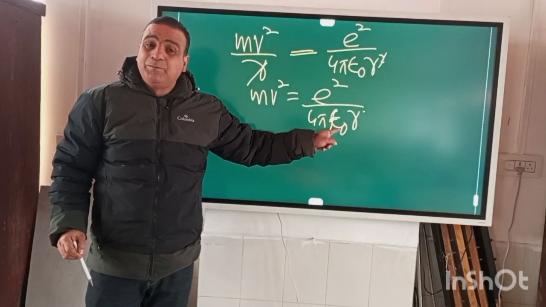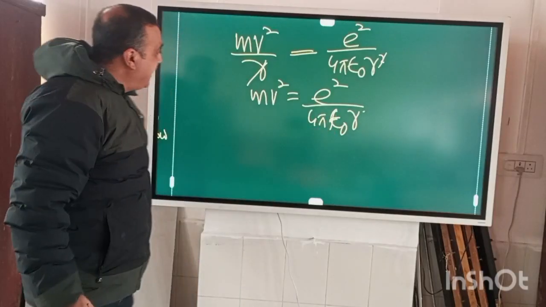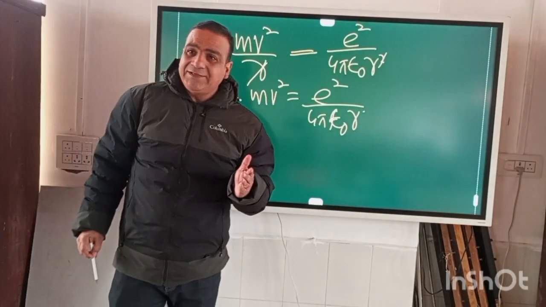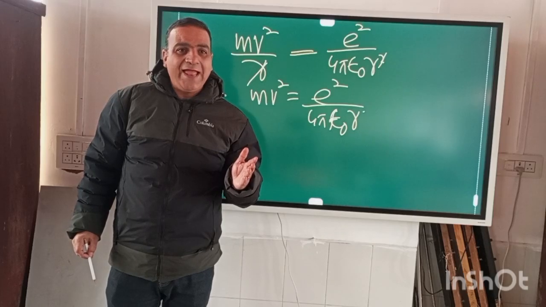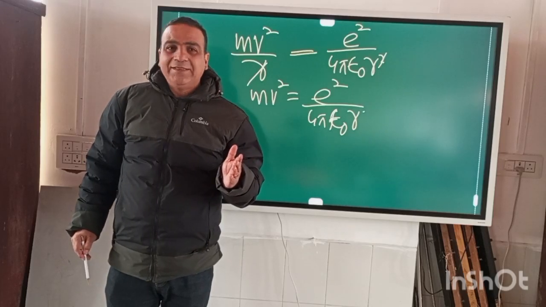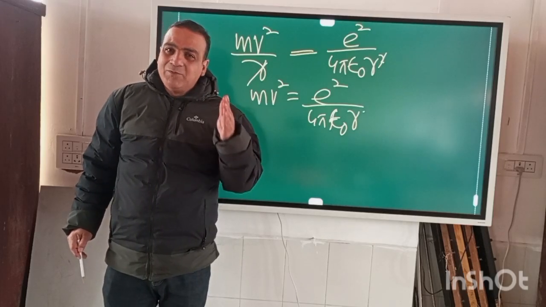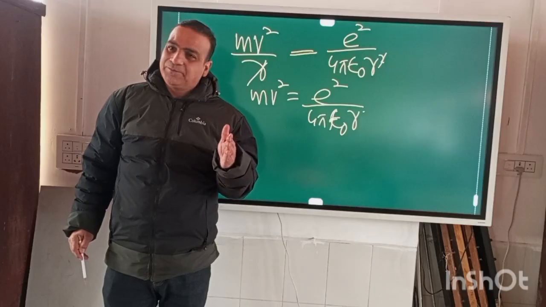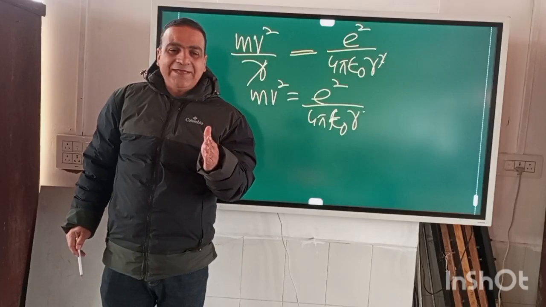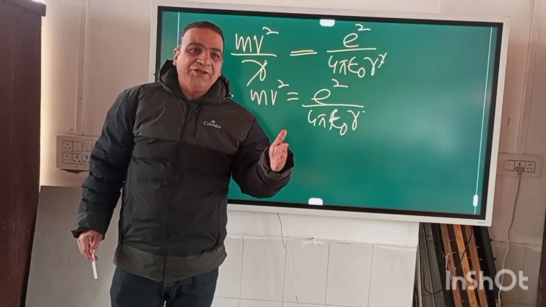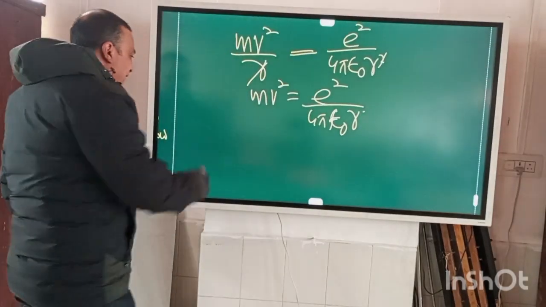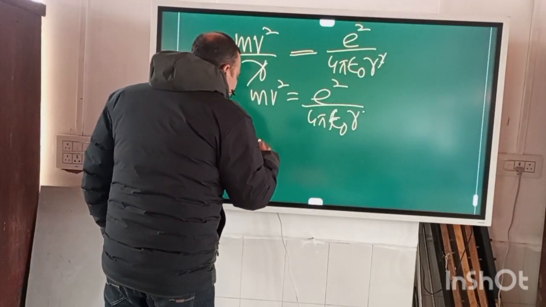This is the radius of the Bohr orbit, right? And the next postulate, come on, you remember? You don't remember that? It was that the angular momentum of the electron in the hydrogen atom is simply equal to an integral multiple of h by 2 pi. So the second postulate,